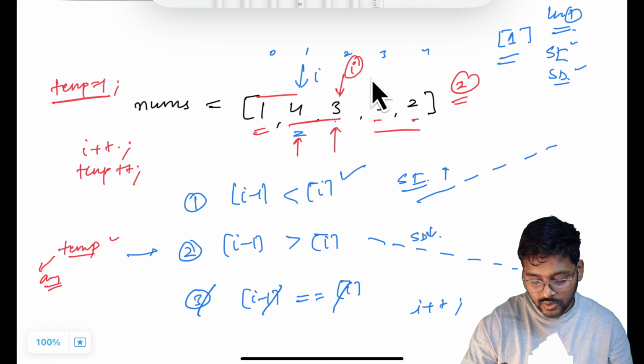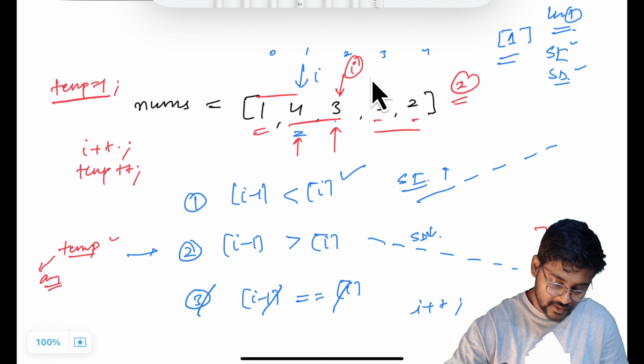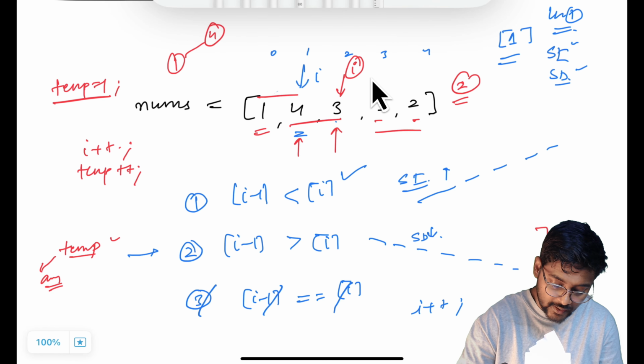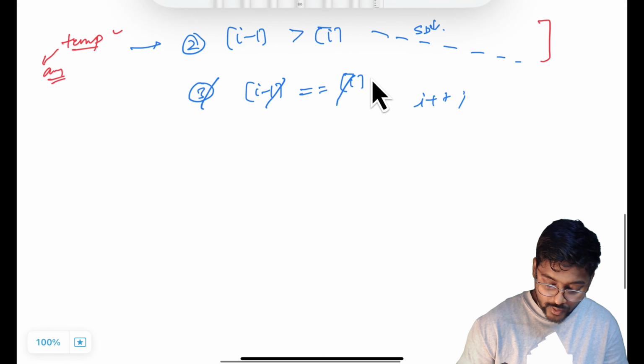2 is the maximum length of any increasing or decreasing subarray. So 1, 4, this is 2, and 4, 3, this is also 2, and 3, 3, you're not going to consider that. 3 to 2, that is also 2. So what I did here is